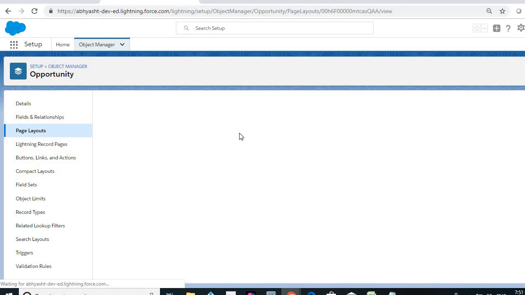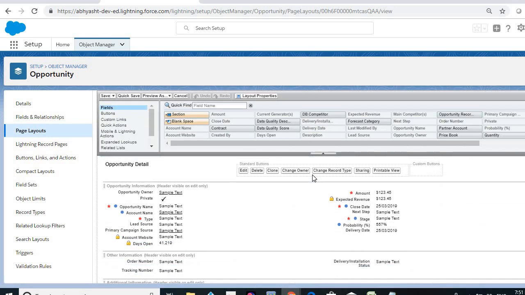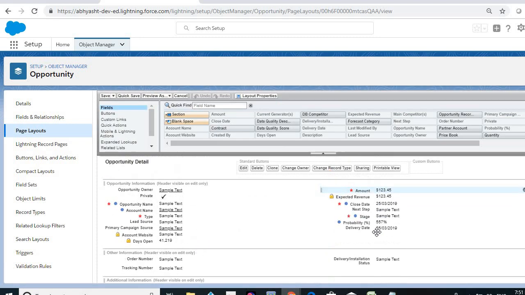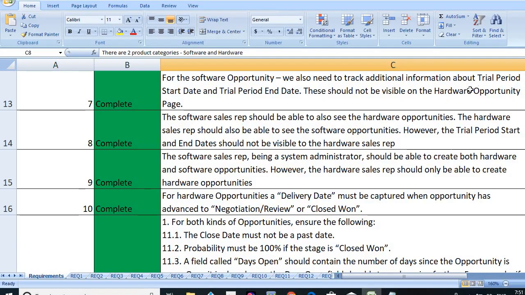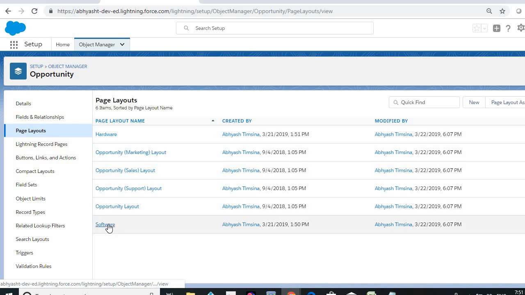Clicking on hardware, you can see that this is how the page layout is set up. You can see here that the trial period start and end date is not visible, as per the requirement here. It says they should not be visible on the hardware opportunity page, whereas if you go into the software page layout,